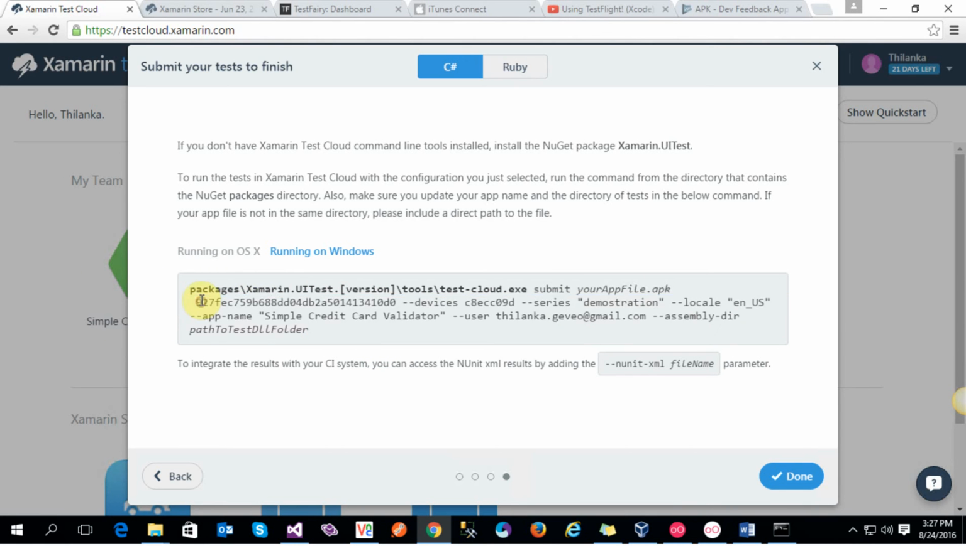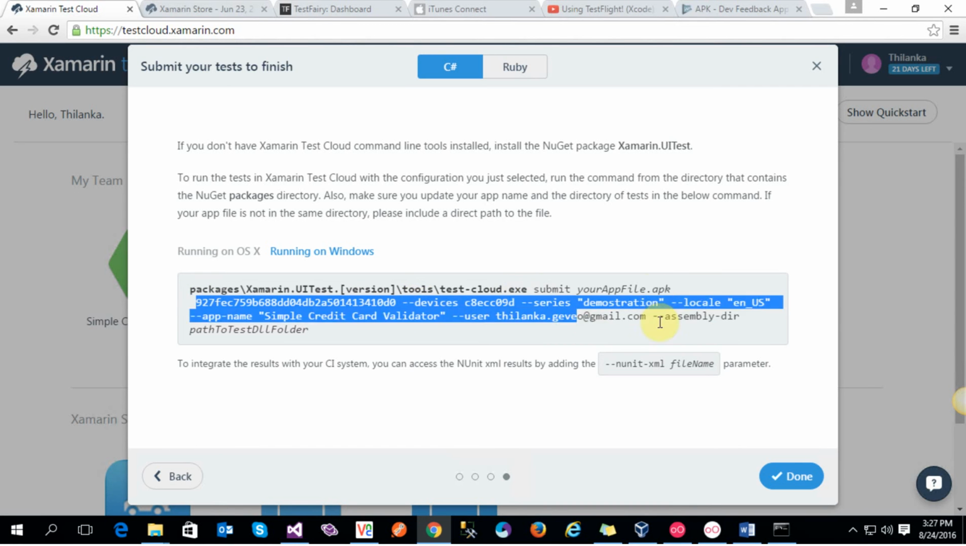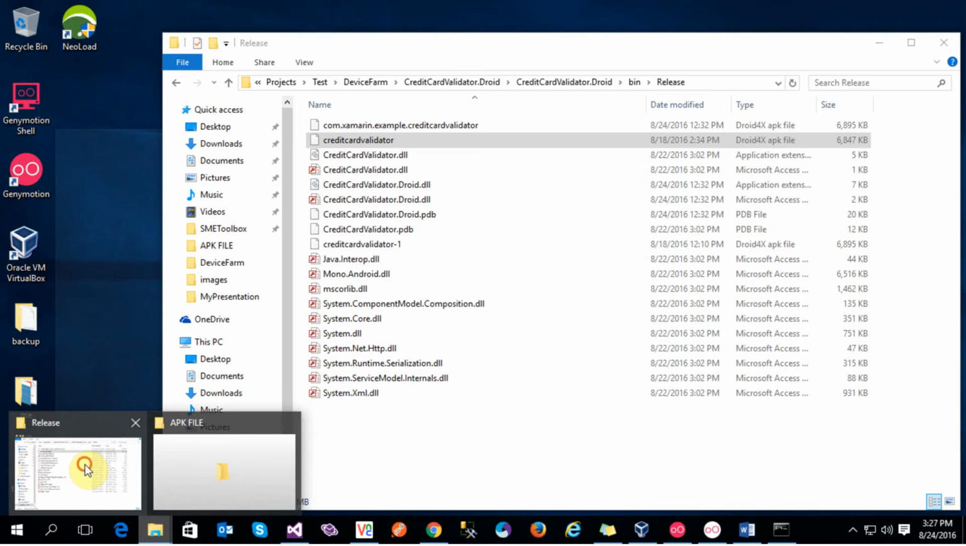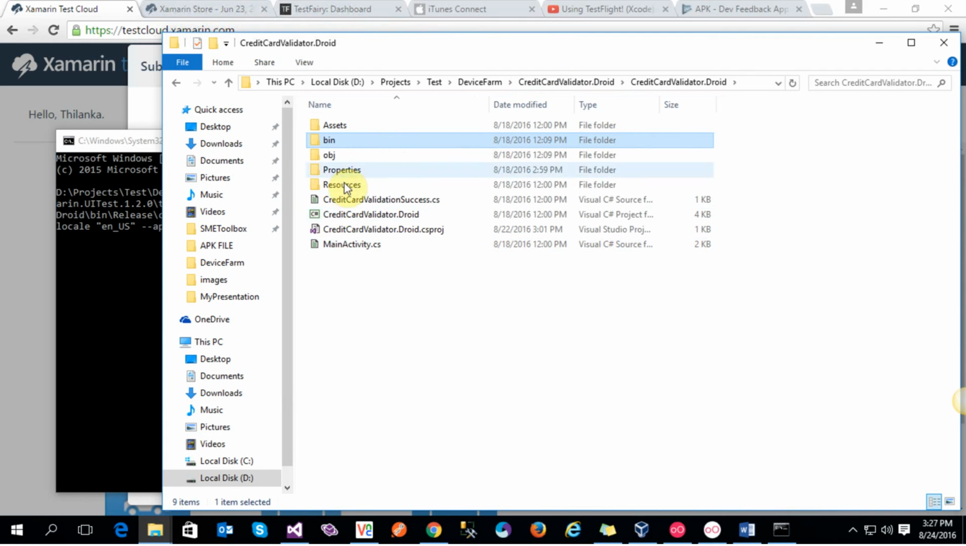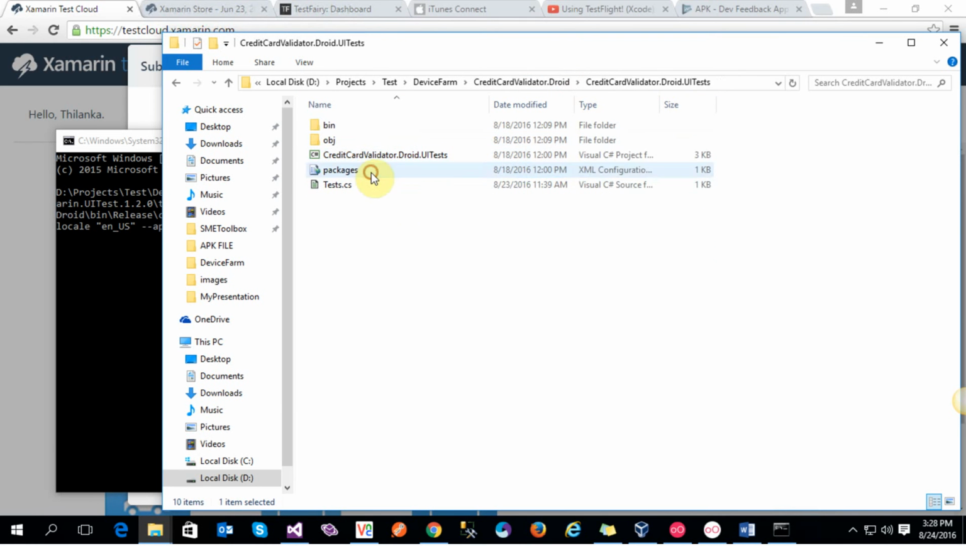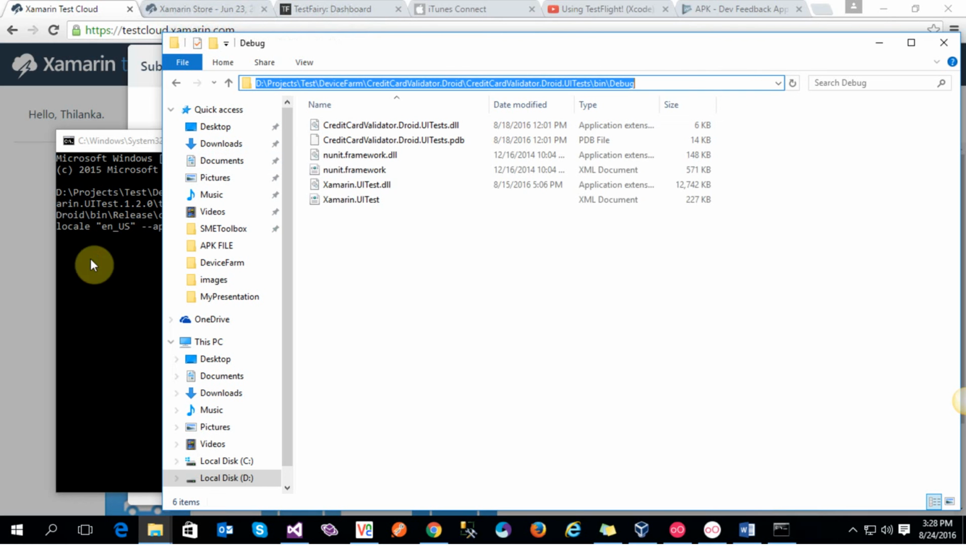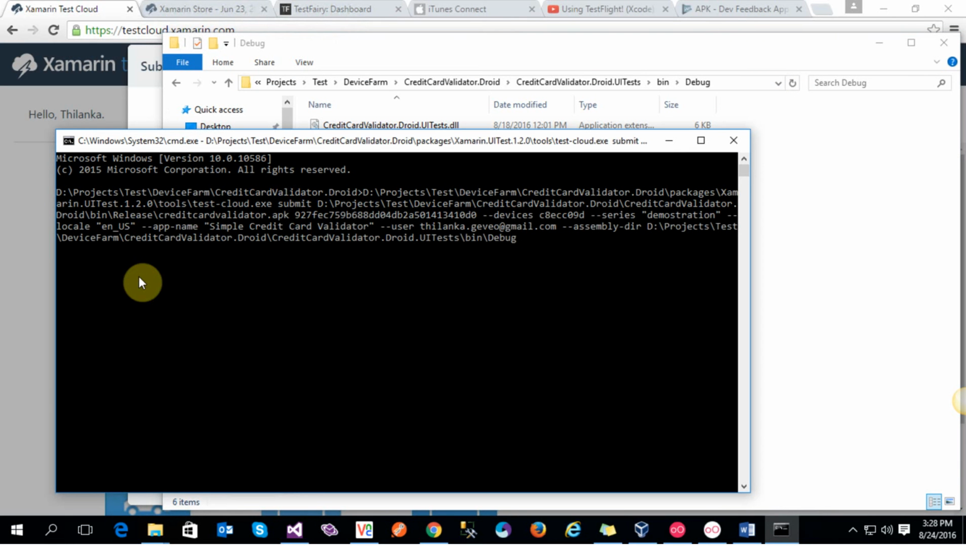With this number you will connect with the test cloud and the devices, series, local, and app name, and the username, and there's another one called assembly directory. We need to enter the path of the assembly directory. It is here under UI test, bin, debug. You can just copy paste this path here, and once you enter, it will start communicating with the Xamarin Test